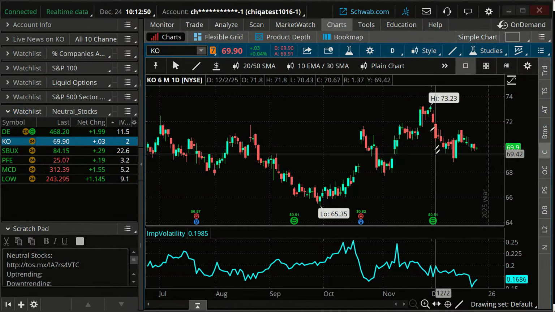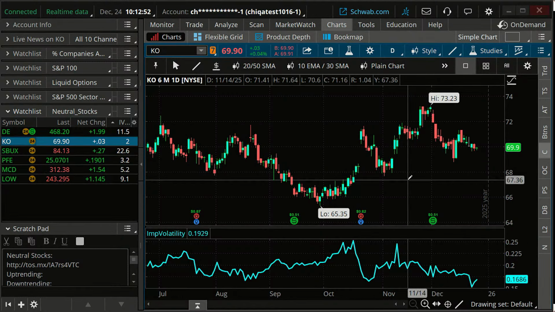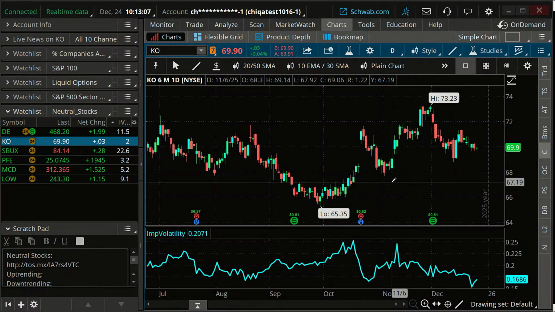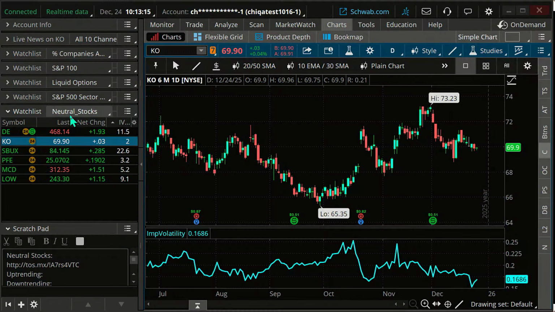And is this neutral? Look, the scan's not perfect. You'll find stocks where you go, I'm not really that neutral on it, okay? This is just one of my attempts at a neutral scan. You can use it if you like. You can use your own, but the principle is this. Take your scan, add implied volatility as a parameter, and save it. And then you can just pull it up as a watch list there. And then you can do a trade if you want.